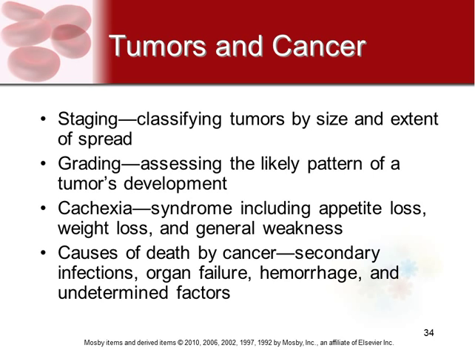And then for causes of death by cancer, cancer itself doesn't normally kill people. It's normally some sort of secondary thing. Like it's taken up so much of their white blood cells that they die because of an infection or organ failure or hemorrhage. Something else happens because the cancer has damaged and weakened their body and taken up so many of its resources.